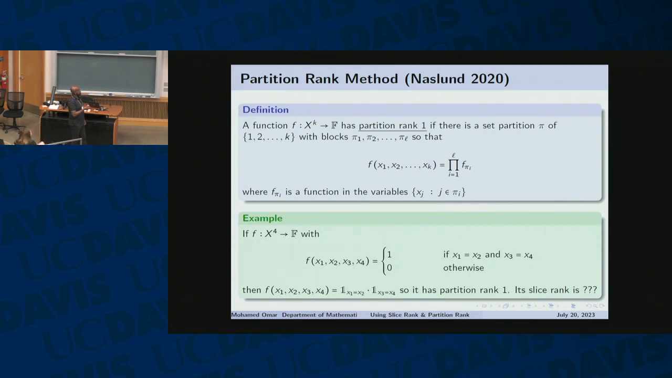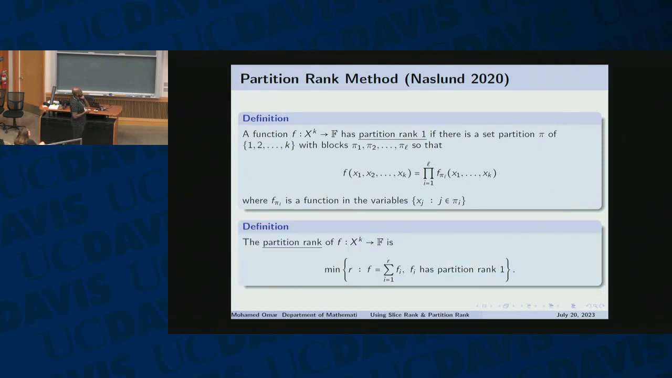And so very directly, it has partition rank 1. But if you actually try to compute the slice rank of this thing, you get into problems. It's not clear what the slice rank of this particular product is. So in this article, Naslin actually went about doing similar things for slice rank, but in the context of partition, and introduced the idea of partition rank and did similar things that we saw for slice rank for partition rank. So we have partition rank 1 functions,